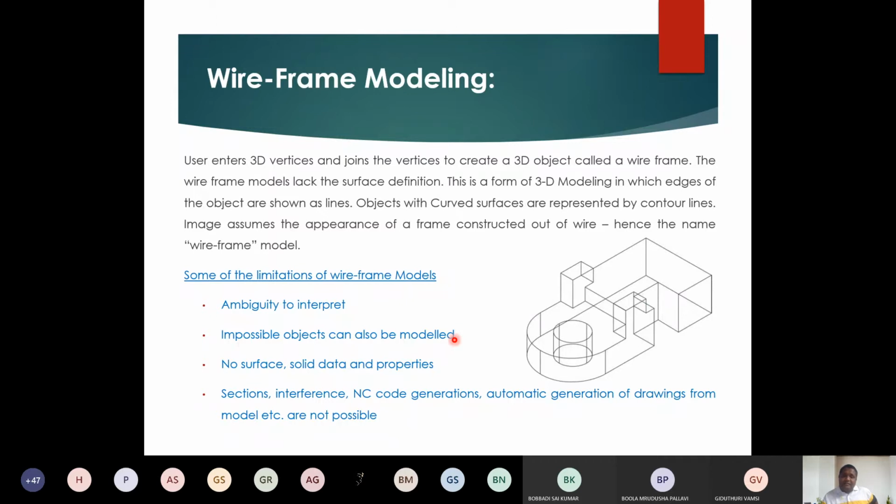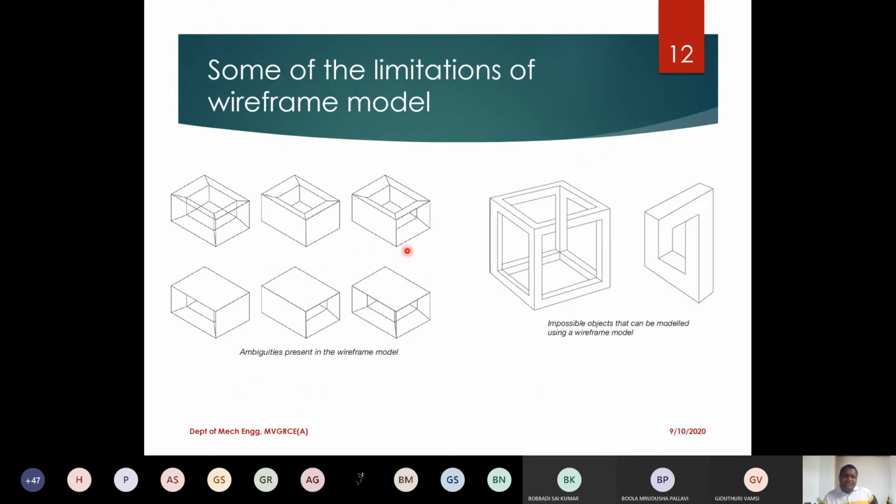For example, if you look at this particular picture, the first picture here, it can be interpreted in many ways. One picture can be interpreted in many ways. Also, hidden line removal is difficult if you use a wireframe model. Why? Because the computer cannot understand which one is a hidden edge or which one is the frontier edge. It simply takes the coordinates from the user interface and creates all varieties of straight lines.